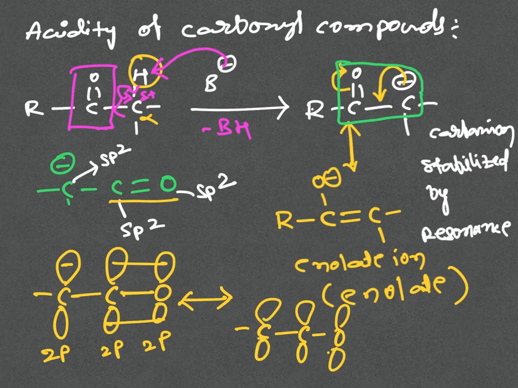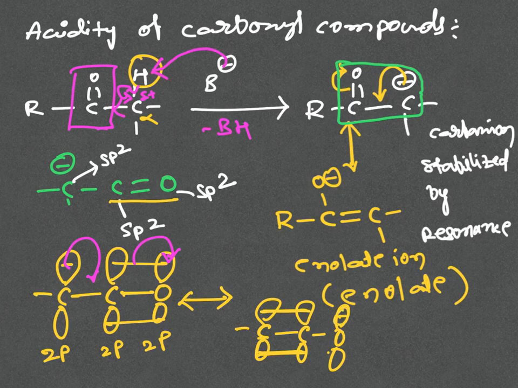Here, how the polarization is taking place: the negative charge is given to here, and in the C double bond O, the oxygen is more electronegative, so it can take its pi electrons. As a result, carbon-carbon will form a pi bond, and on oxygen we get a negative charge here,